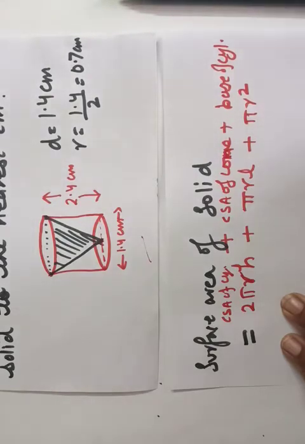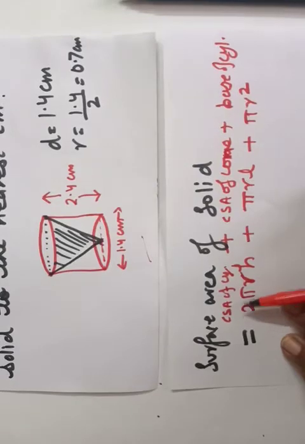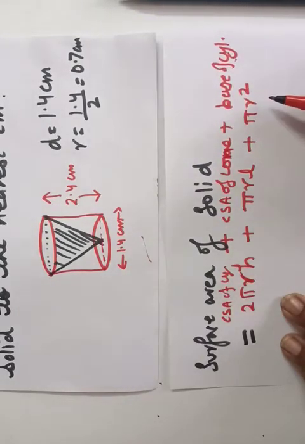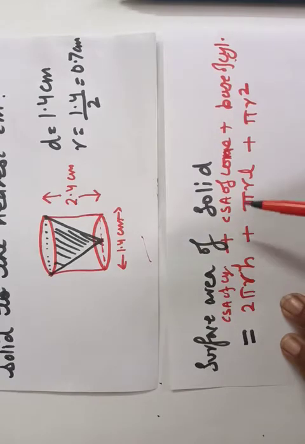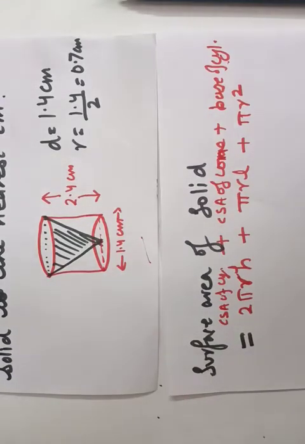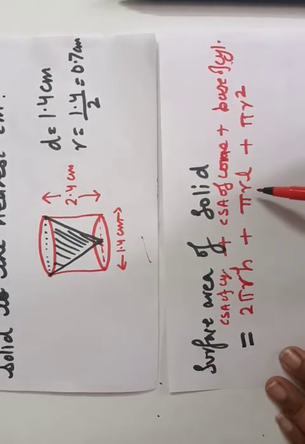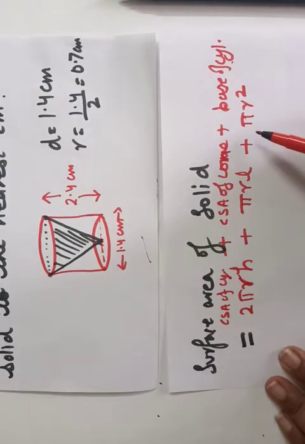So that makes all the surfaces, the total surface area of the given solid. Now we have put the formula for these, and now we can see here. We also know that because the diameter as well as the height of the cone and the cylinder are the same, the radius for the cylinder and for the cone is the same. So we have got this equation.